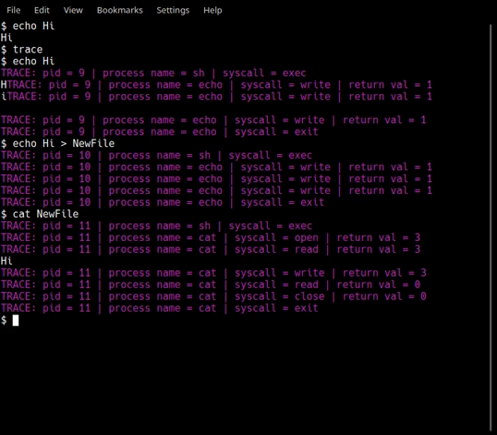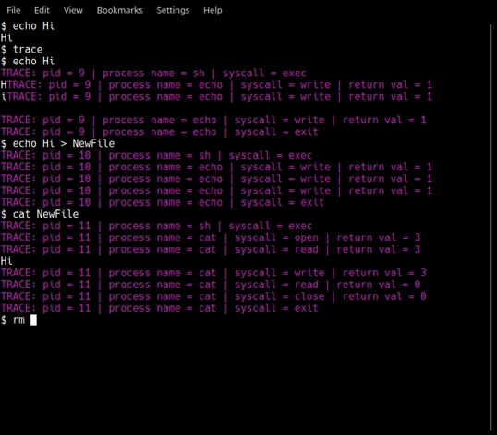This has been returned to the shell, and read again has returned 0. Unlike echo, cat is writing every line as read, which is obviously more efficient. The close has returned 0, that means closing the file has succeeded, and exit doesn't return any value.